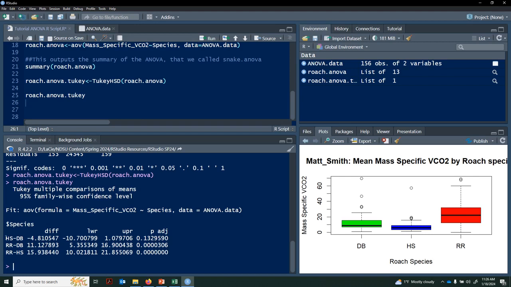Okay? This is telling me that HS and DB are not different from each other. That p-value is 0.1. But red runner, or RR, is different from the other 2. So if we look at this, this is telling us that these 2 groups are basically the same, but this group is not and tends to have a higher mean than the other 2. And so in this case, one group is different from the other 2, but those other 2 are not different from each other. Right? So again, the overall interpretation would be that I reject the null hypothesis, and there's evidence to support the alternative. More specifically, RR, or red runner cockroaches, have a higher mass-specific metabolic rate than dubia and hissing cockroaches. Right? A significantly higher